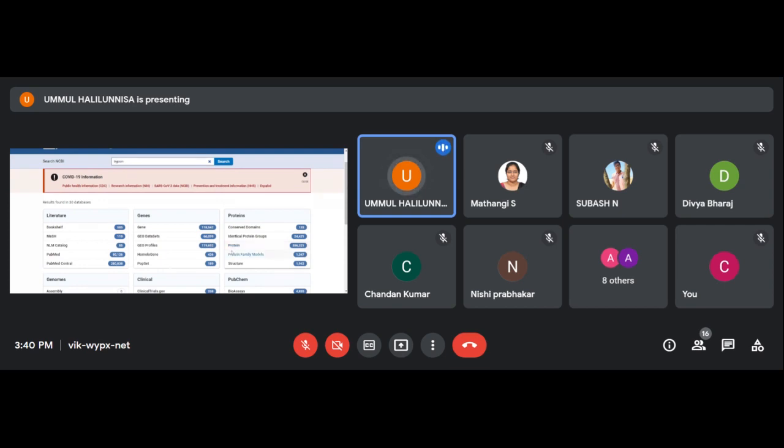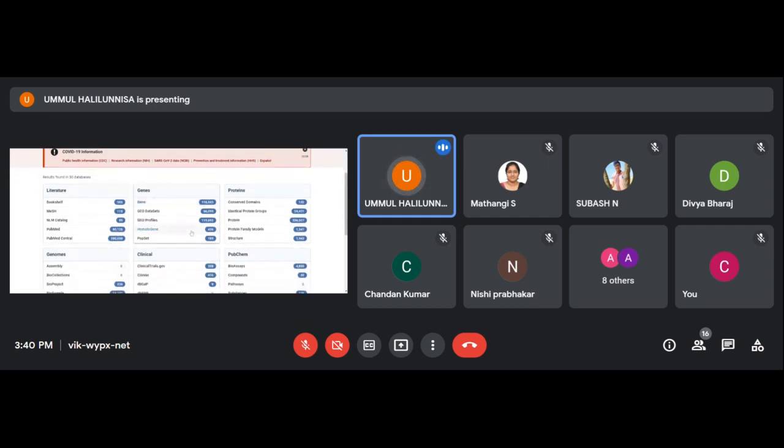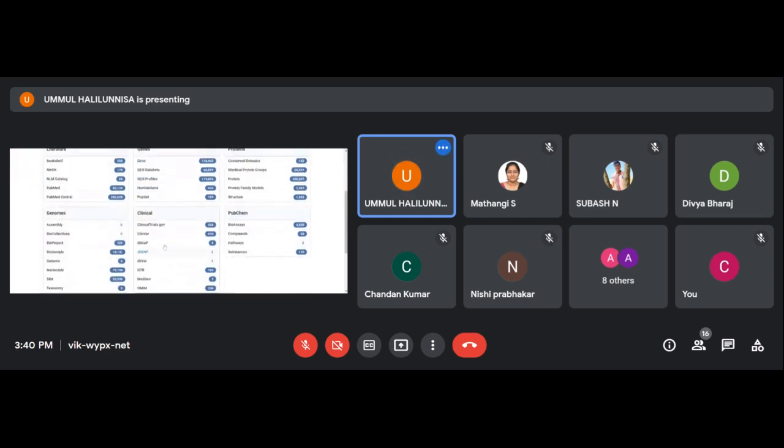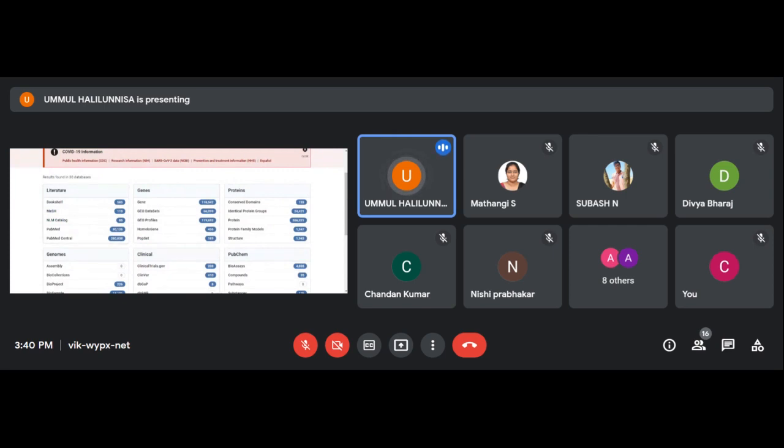Like we can say this is totally having around 36. How many databases are there? Yes, it is found in 30 databases. Trypsin has results in around 30 databases in the NCBI search tool, and